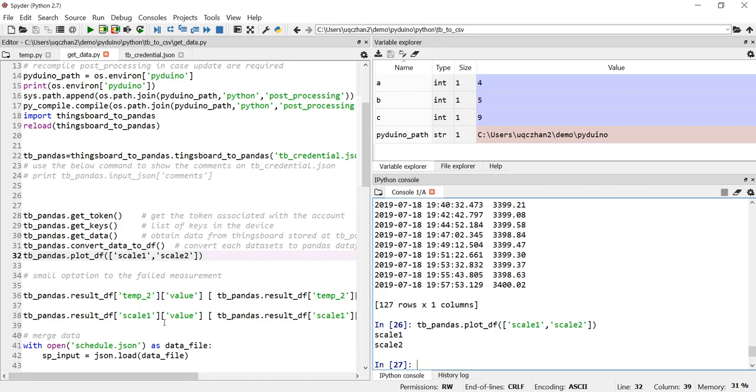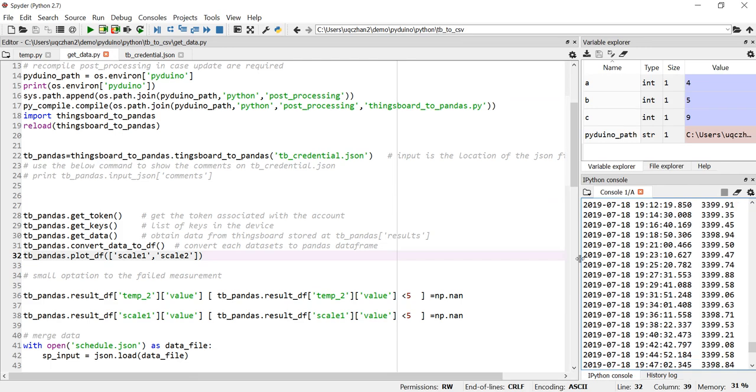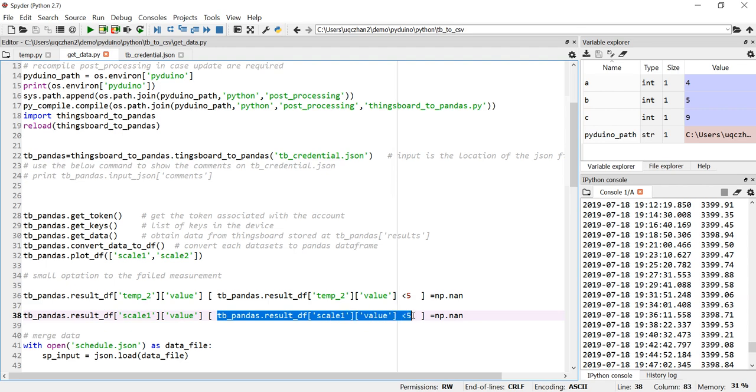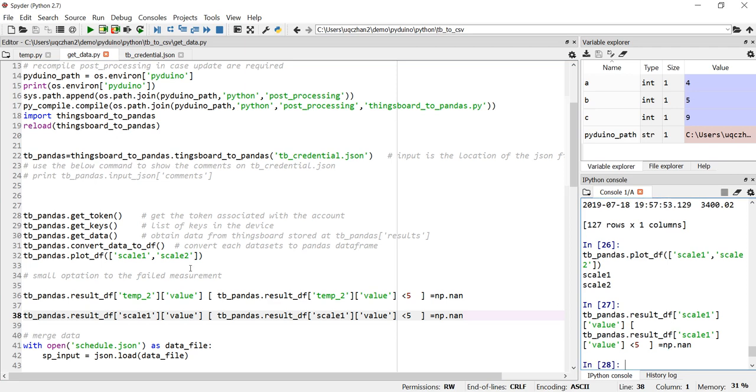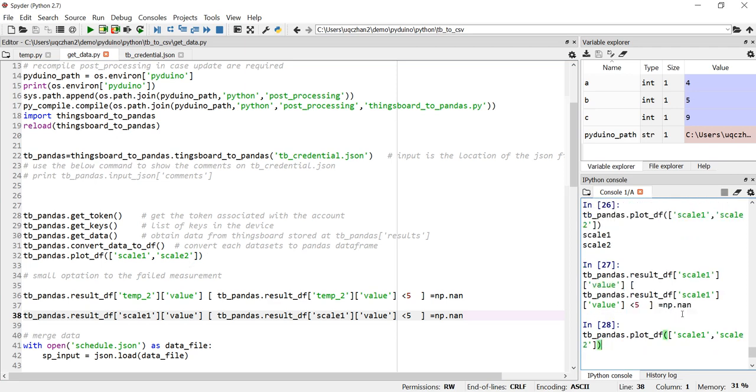if we look at what this line is doing: if TB pandas result DF scale 1, the values is less than 5, just treat it as not a number. So this tiny little thing here is basically like a masking matrix which exposes all the problematic data, and then we just name that specific data as NP not a number. So we can give it a try by doing this,